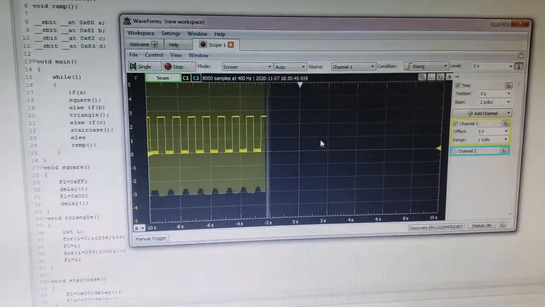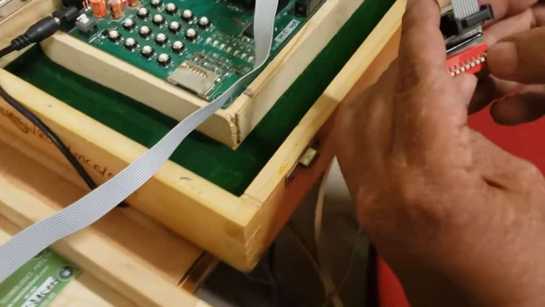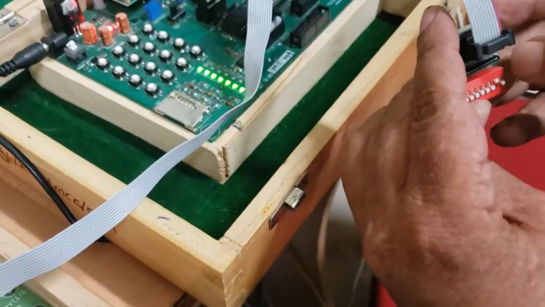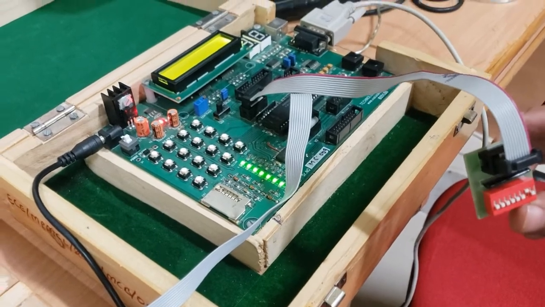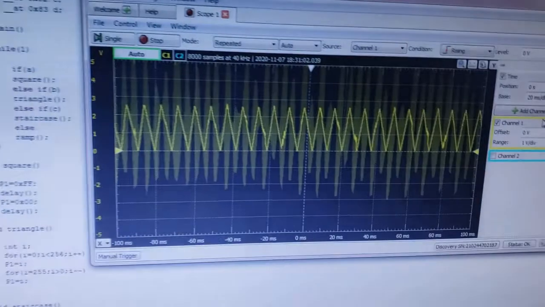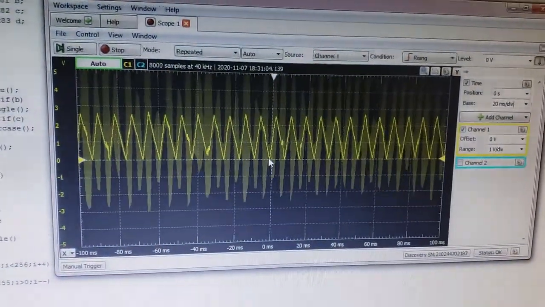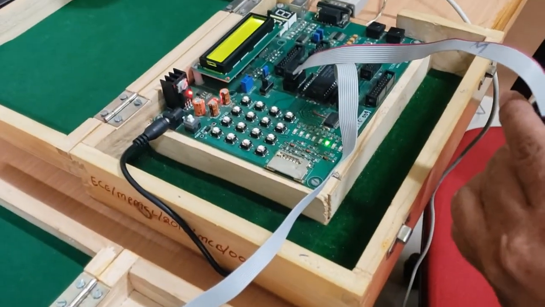And the second switch we are going to turn on. We are getting the waveform of a triangular function, which can be seen on the computer, and we are turning on another switch, the third switch.